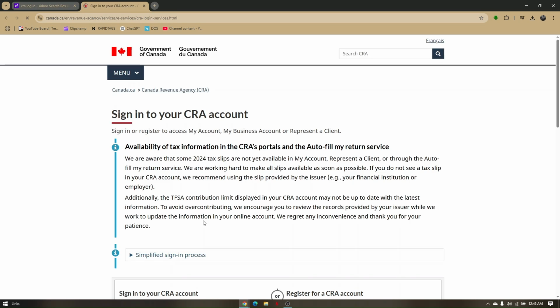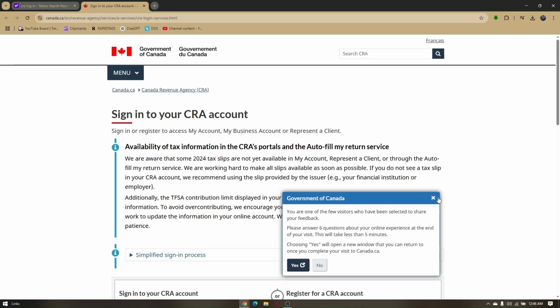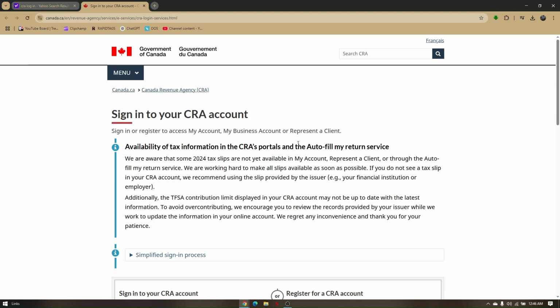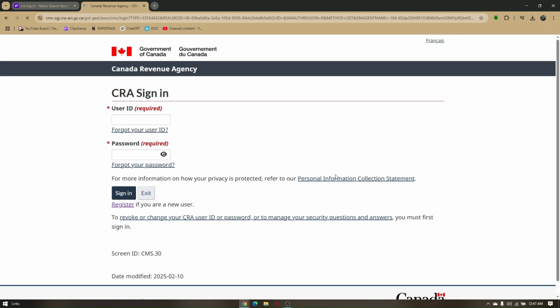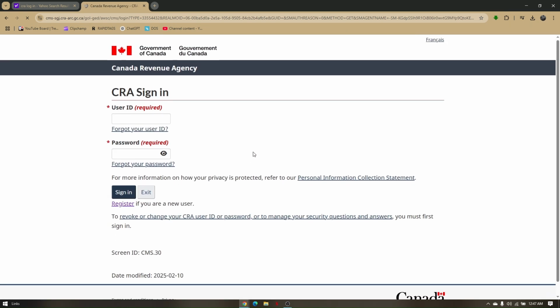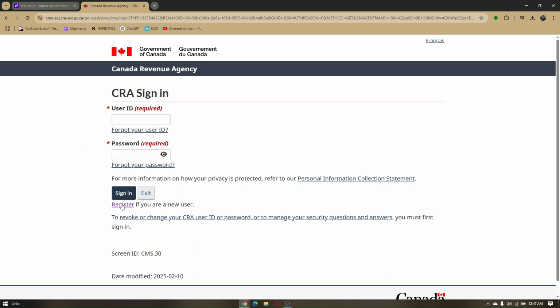And in here, if this is going to be your first time registering for this type of account, then all you have to do is scroll down and go directly to CRA user ID and password. Now, I believe that the specific registration link is going to be on the right side portion, but it's not there yet. So once you're here, just go directly to the link that says register if you are a new user,